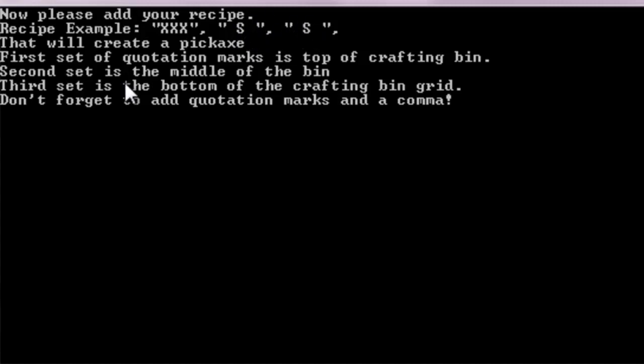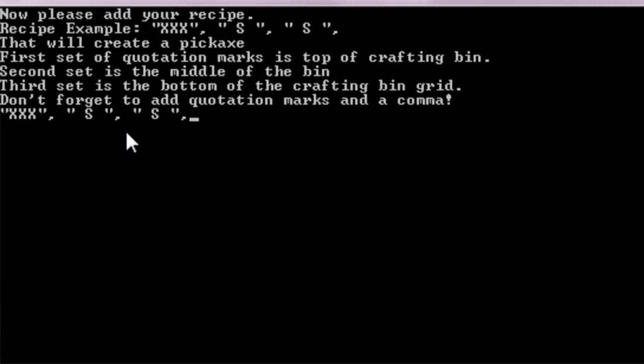Alright, so with that said, you're going to have to do that same thing. Now, since we're creating a pickaxe, luckily that's the diagram for a pickaxe. If you're going to create a shovel, it would be like that. I hope you understand. Again, this is the hardest part. So we're creating a pickaxe. Make sure you add your commas between. Now you can choose any letter. It can be a hashtag, it can be a G, it can be a D,